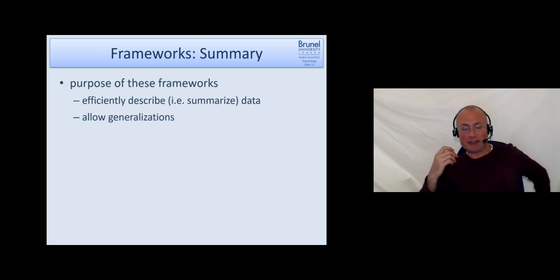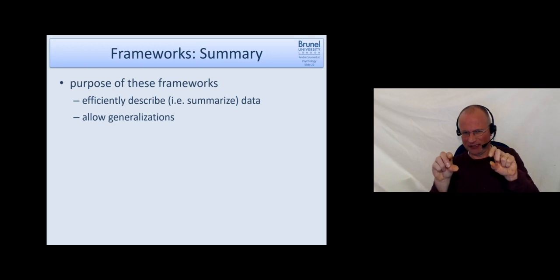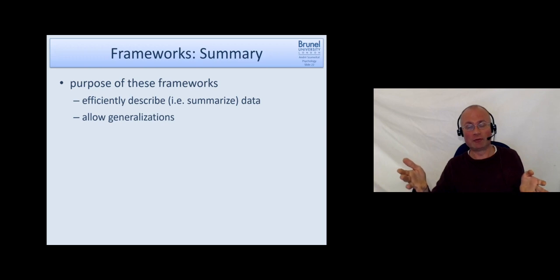They also allow for generalizations, and it's funny how many curious things about the human mind have been detected, not because people looked for it, but because they created a model, and then the model predicts something where you think, that's weird. Humans would never behave like that. So if that model and theory is true, if we do that funny experiment, people should behave like that. And people suddenly do. Then this is a strong